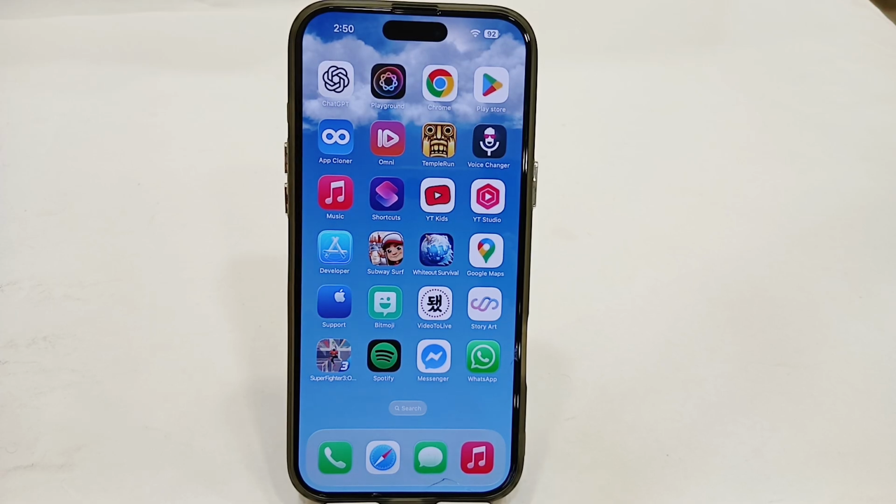Hey guys, today I'm going to tell you how to fix the Apple ID phone number verification error. If you are using any iPhone or iPad and you're trying to verify your phone number but you're facing the issue that your Apple ID phone number verification has been cancelled or is showing an error,